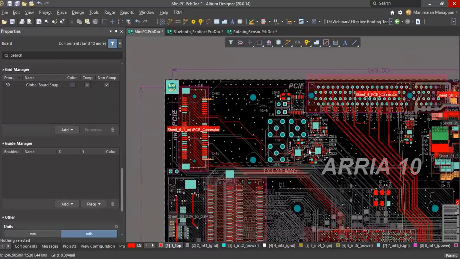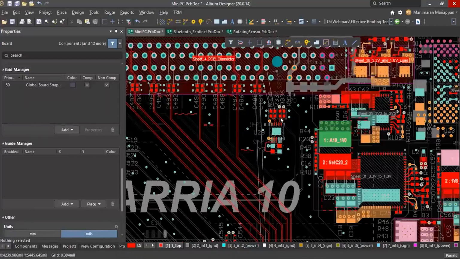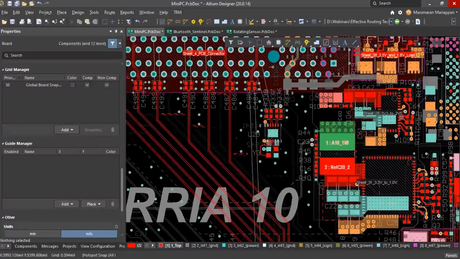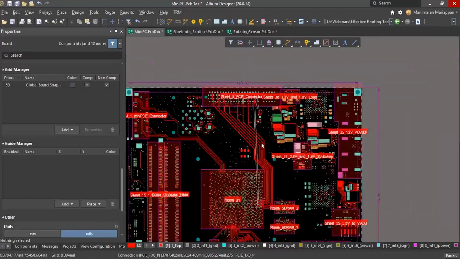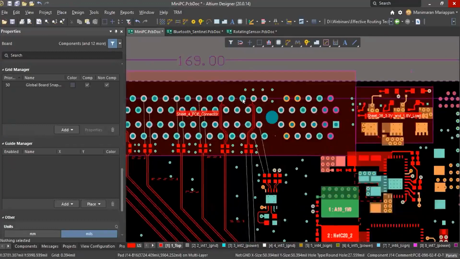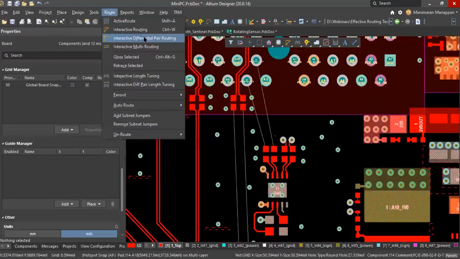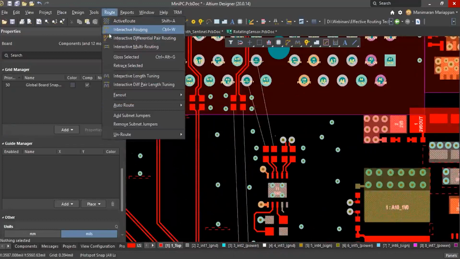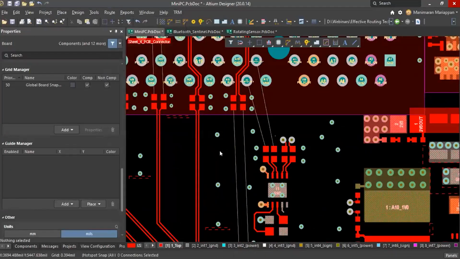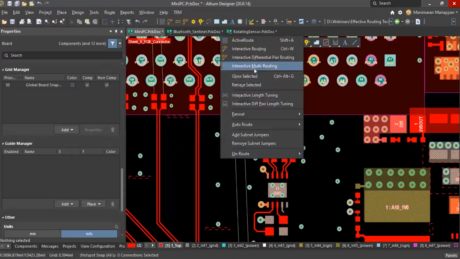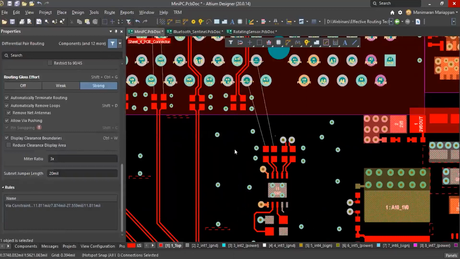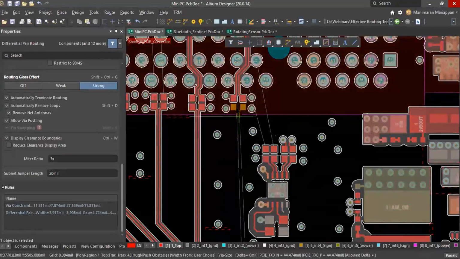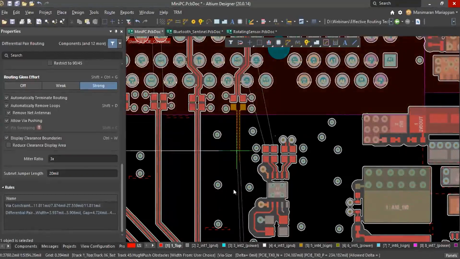And suppose you are routing the differential pair, I'll just put it into single layer mode. Yeah, now it is clear, right? Here you can see, if you go to Route, Differential Pair Routing, or there's a shortcut, like U is the menu shortcut. Press U and select the differential pair routing shortcut, and you can see how it is routing the differential pair.